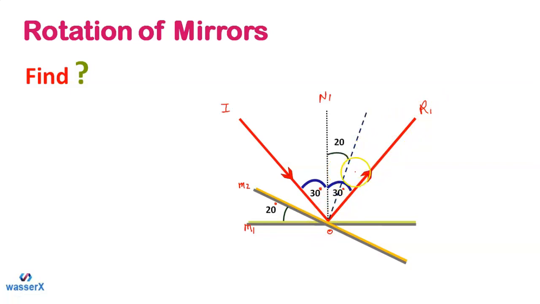So in that way, students, now when you draw the normal for the second case, for this mirror M2, or for this position which we have got after rotating the mirror, this will be the second normal, so I'm calling it N2. As you can see, it has shifted by an angle of 20 degree. Why is it making 20 degree? Because we got here 20 degree rotation. So because of that, it has made a 20 degree shift. And this is the position of N2.